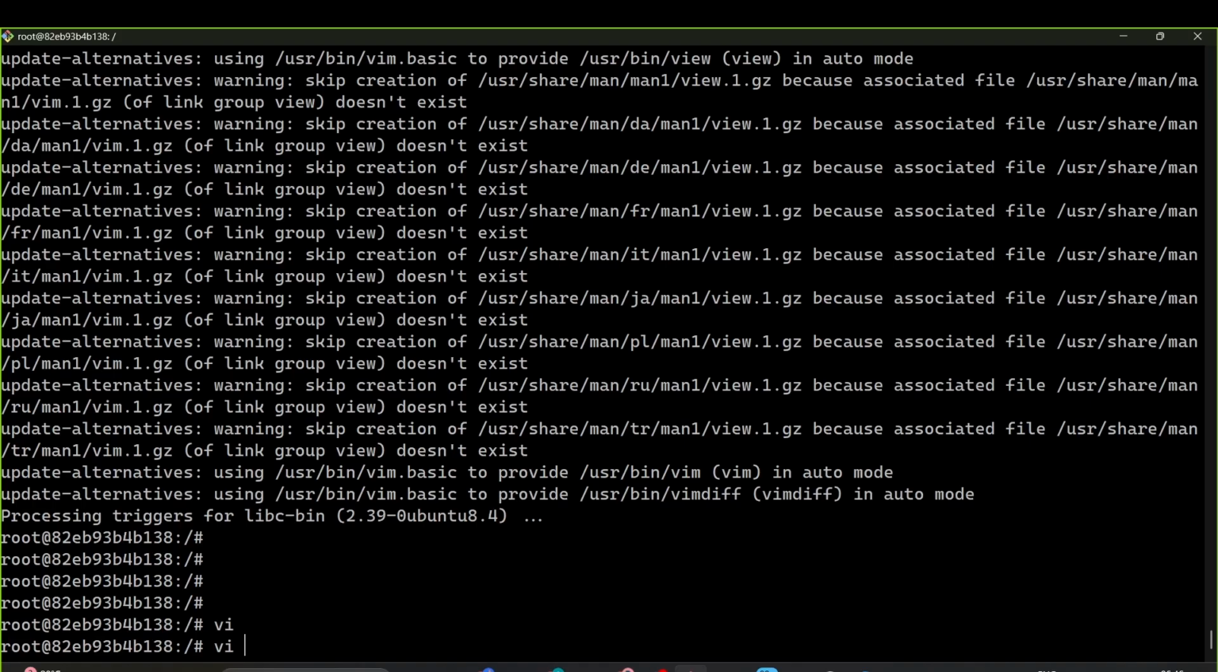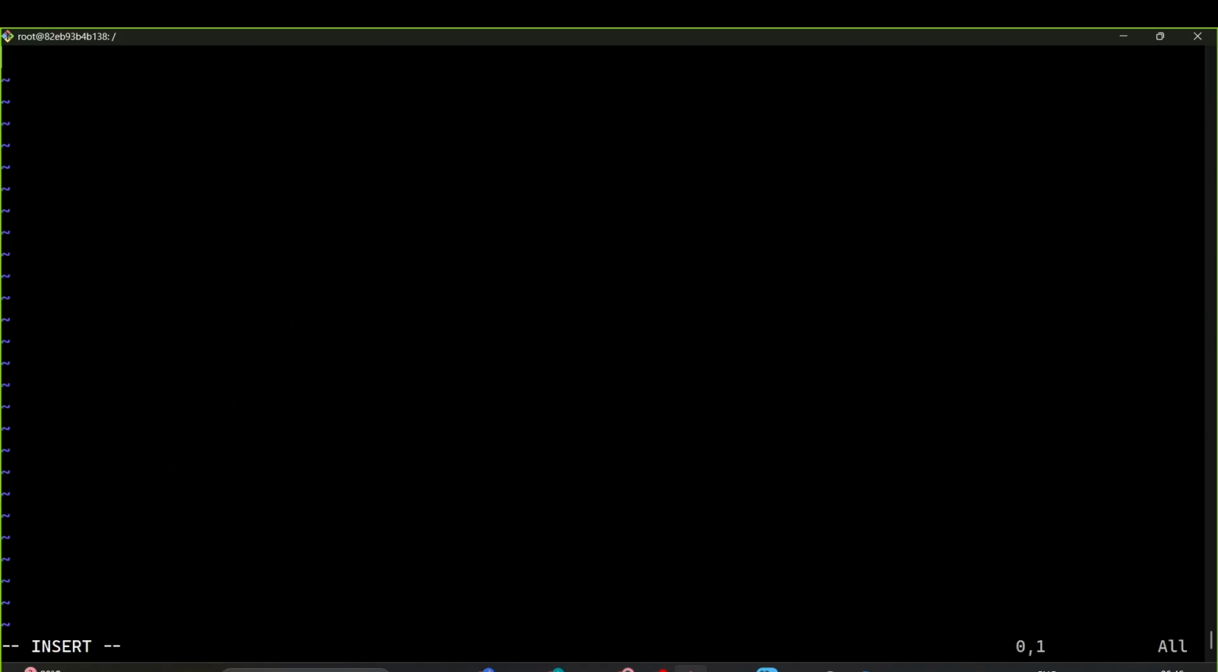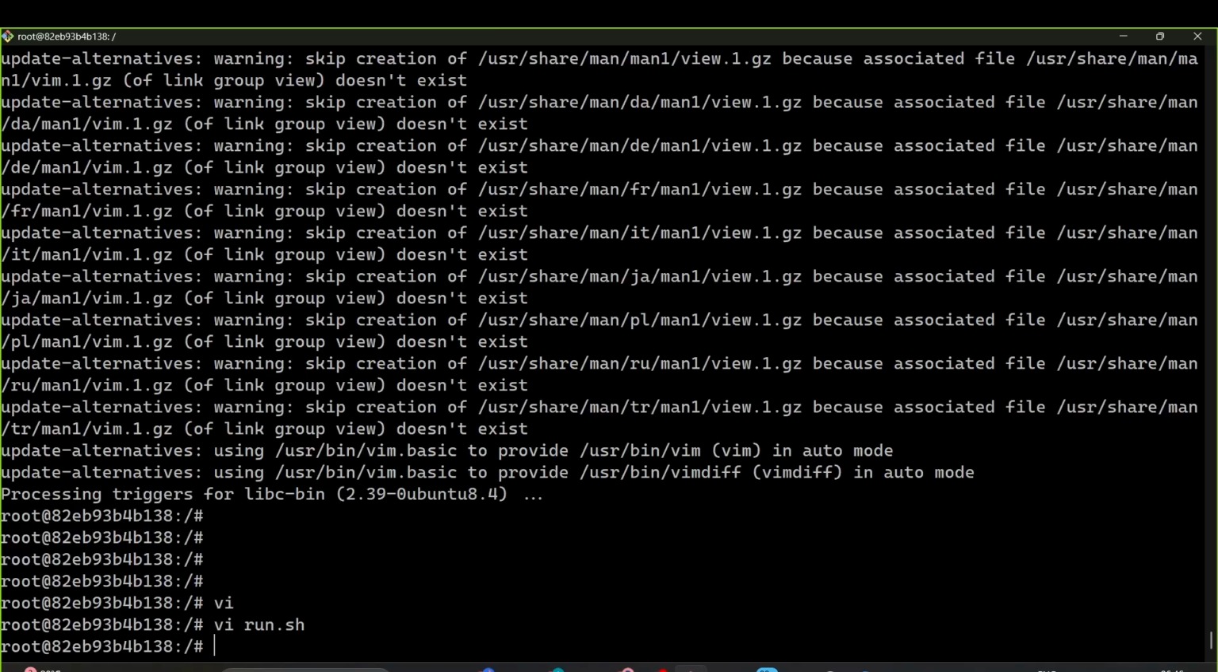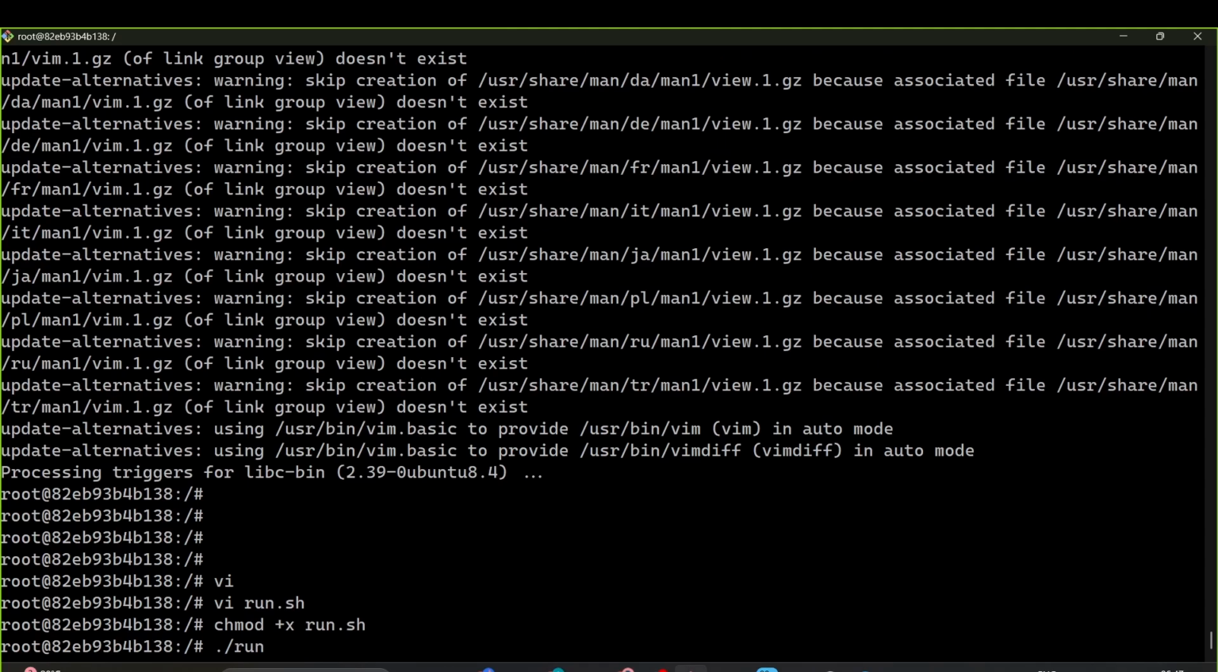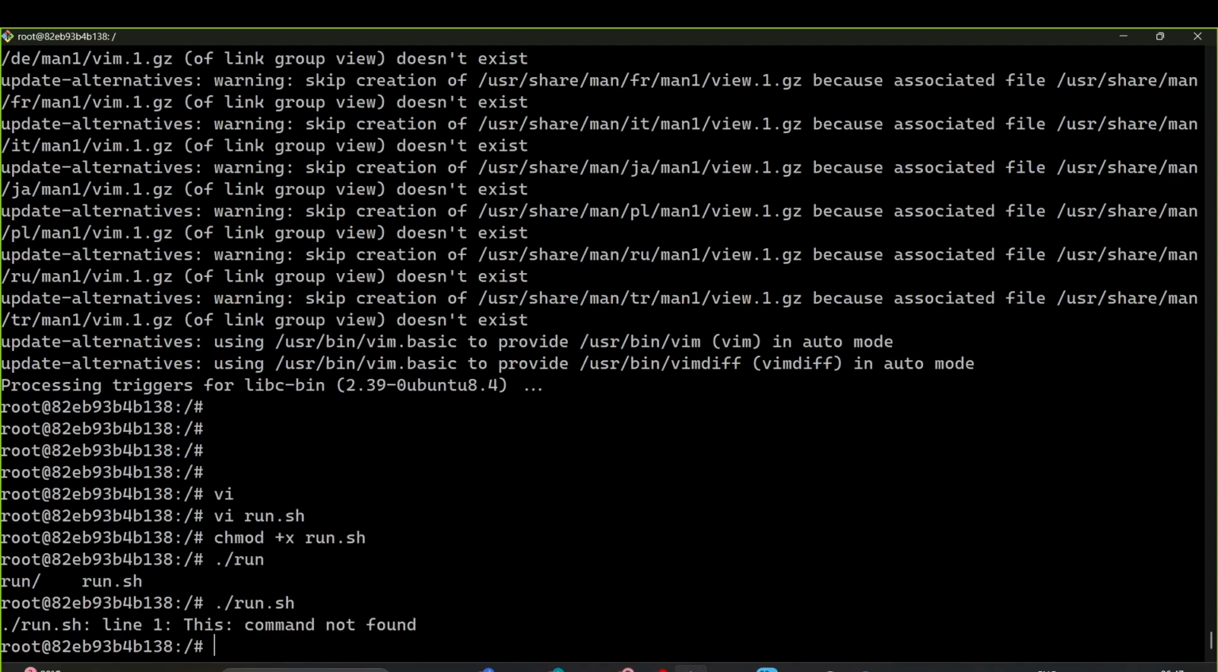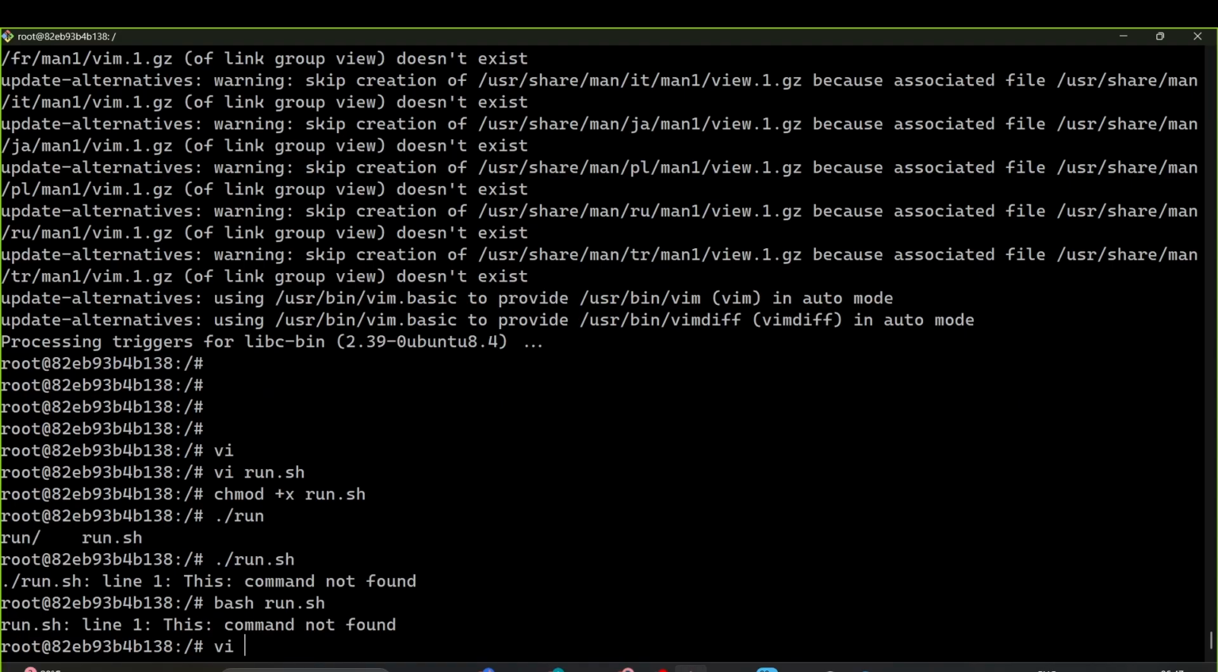vi run.sh. I go into insert mode. This is $BATCH, batch number of the series. Right. So basically, what is going to happen is, let's say I run this run.sh. So what is going to happen is, bash run.sh, vi